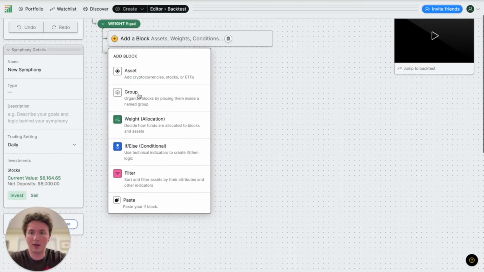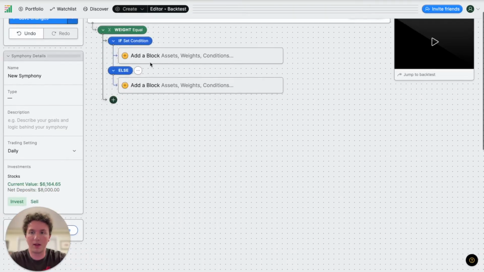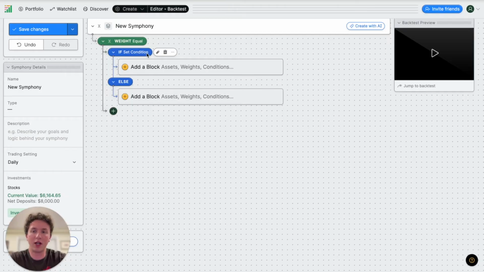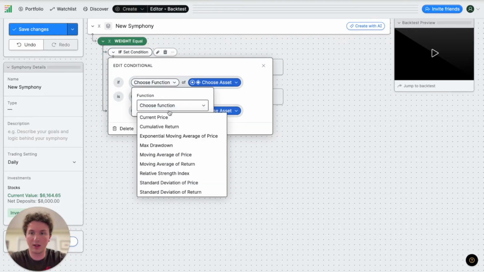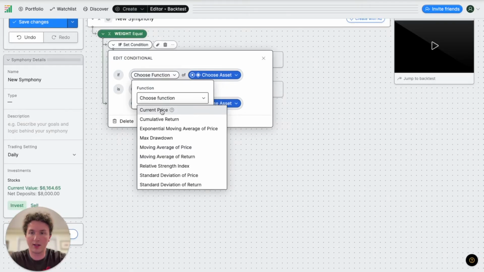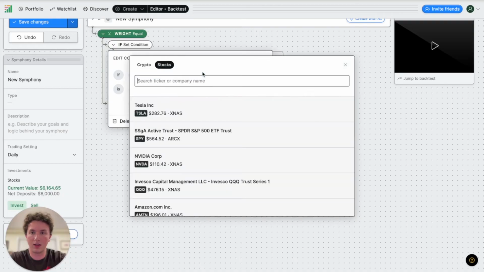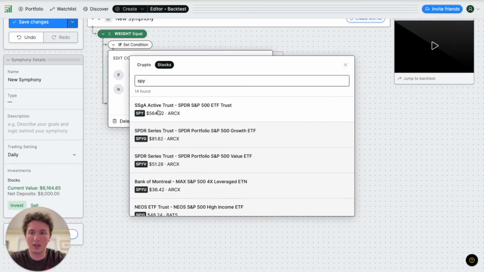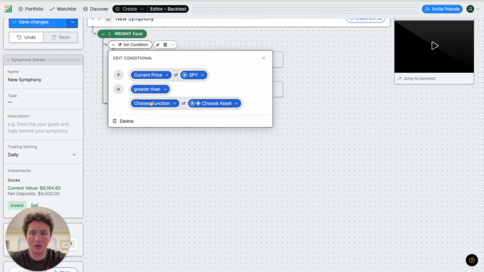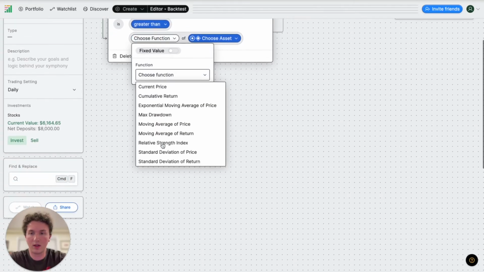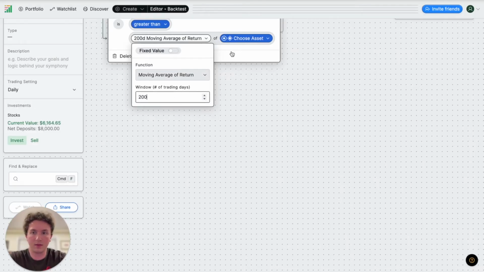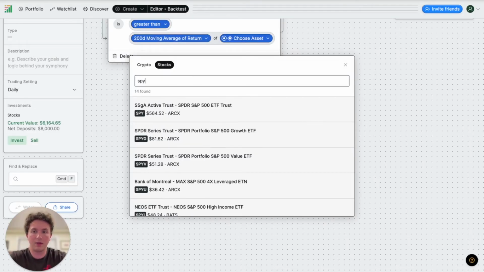So we'll add a block, we'll make an if-else statement here, and what we are going to do, for example, is check if the S&P 500 is above its current 200-day simple moving average. So let's click this pencil icon here, and let's check if the current price of the S&P 500, we'll do the SPY ETF, is greater than the moving average of return, the 200-day of the S&P 500.